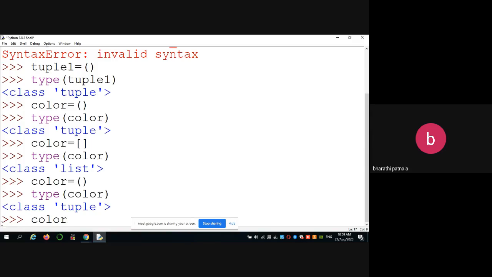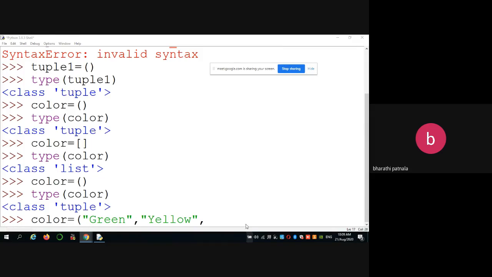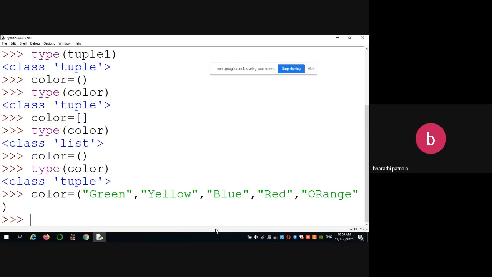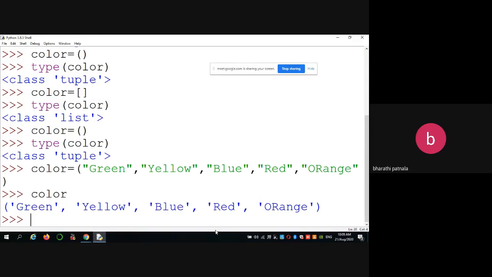Now you can add elements, for example green, yellow, blue, red, orange, like that. You can create some colors. When you list out all those, you can simply give it as color.